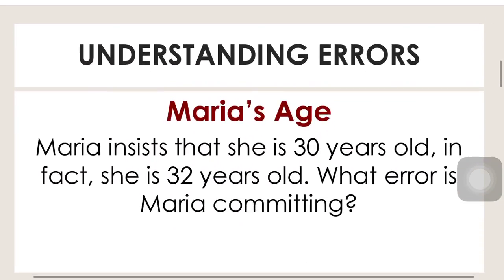Here are some examples. Maria insists that she is 30 years old. In fact, she is 32 years old. What error is Maria committing? What is the truth? Maria is 32 years old, and she did not believe in that truth. Therefore, it is a type 1 error. Another,